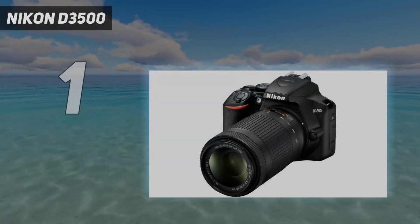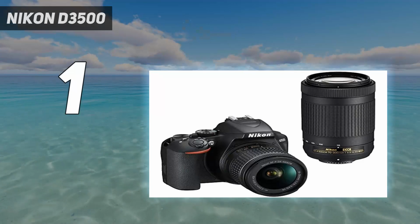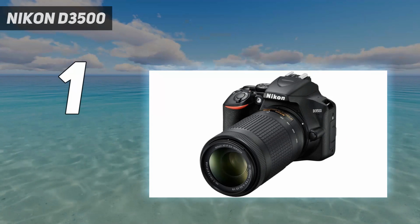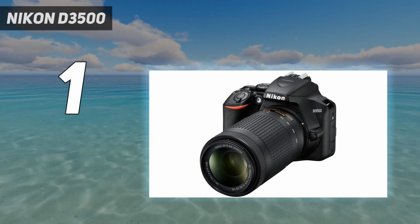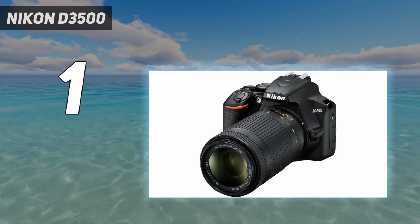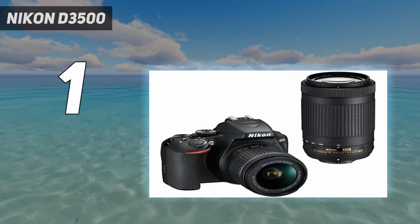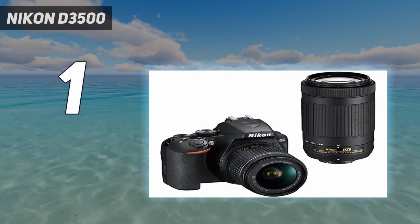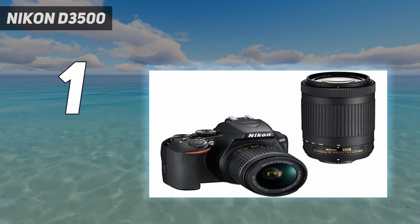Nikon D3500. While you're still learning photography and deciding what sort of camera will suit you best, you should pick a camera that's simple enough to understand straight away and affordable enough that you can change your mind and swap later, if you decide you need something different. The D3500 is the entry-level model in Nikon's DSLR range, but it has a 24.2 MP sensor as good as those in cameras at twice the price, and it